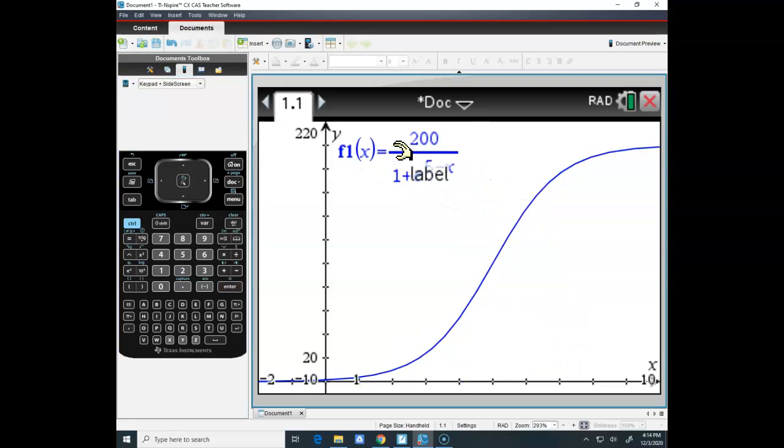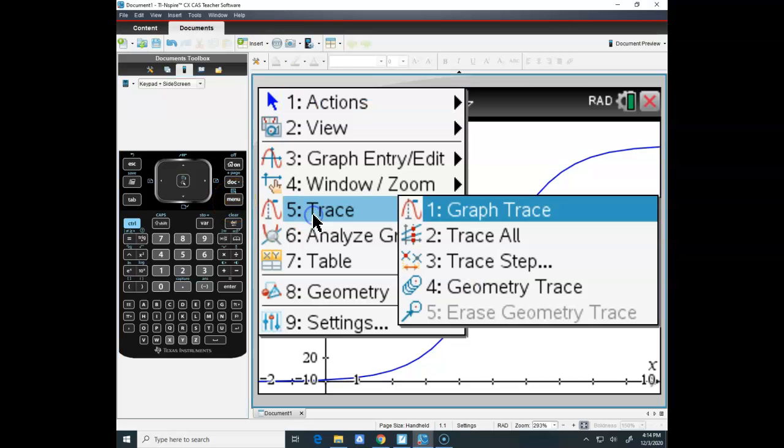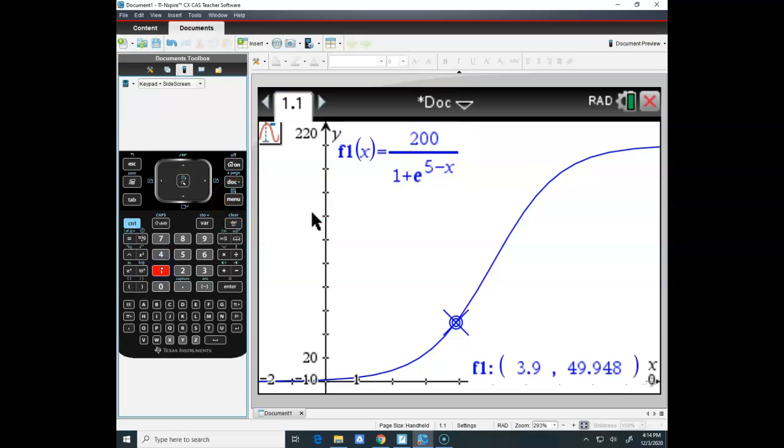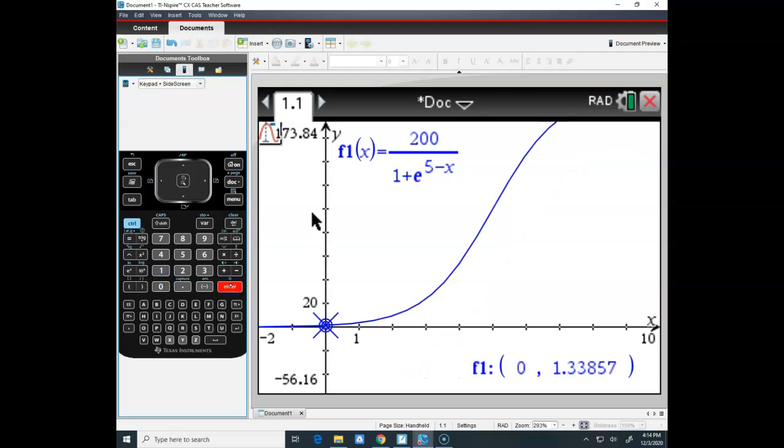And really, the nice thing is if it's calculator active, all I need to do to find out how many people were infected on day 1 is come here and go menu. I'm going to trace my graph. Trace the graph, and where do I want to trace it? I want to trace it at 0. And check it out, about